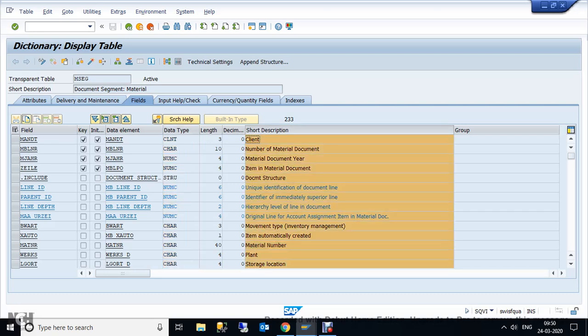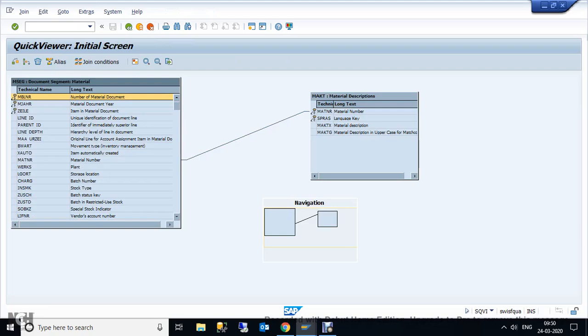Now you can see that the short description of this table is written here, and you can see on the relational system, when you look into the QuickViewer join tables, the data is being pulled